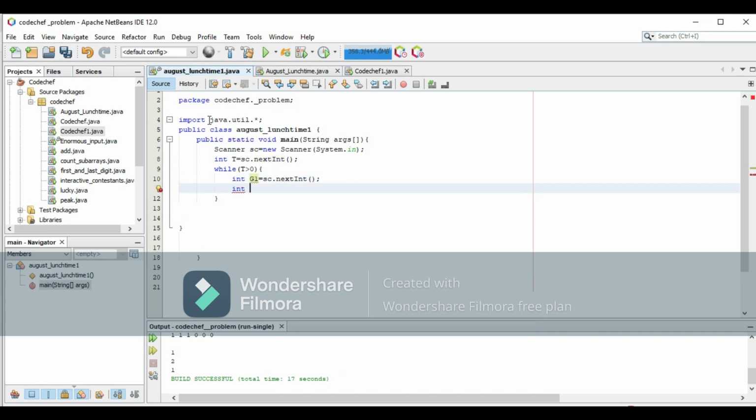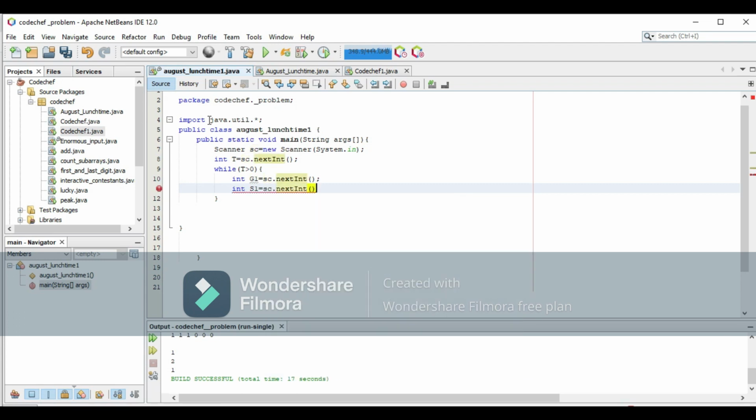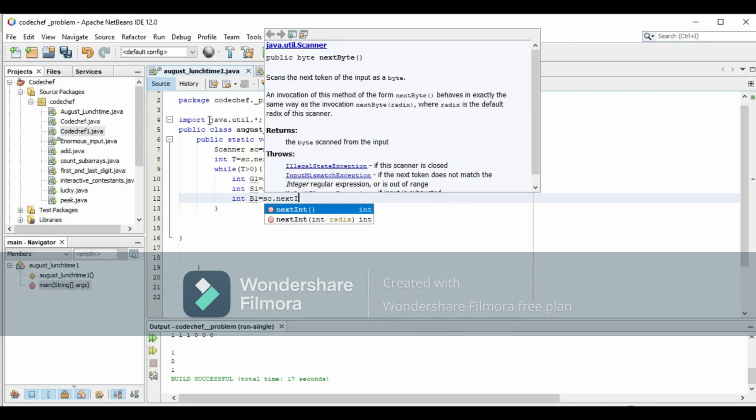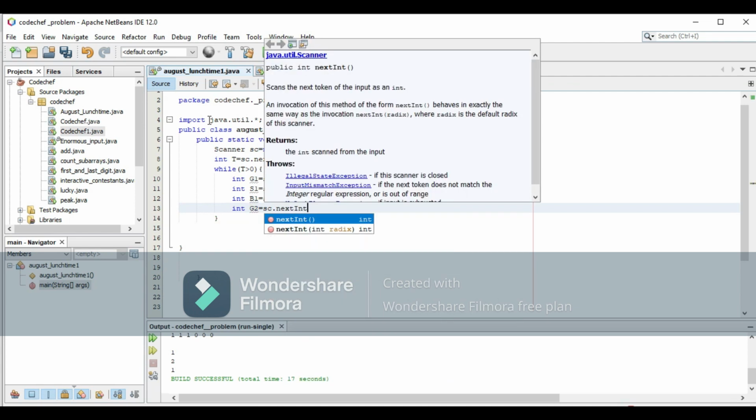int s1 is equal to sc.nextInt(). int b1 is equal to sc.nextInt(). For the second country we have initialized g2 is equal to sc.nextInt().